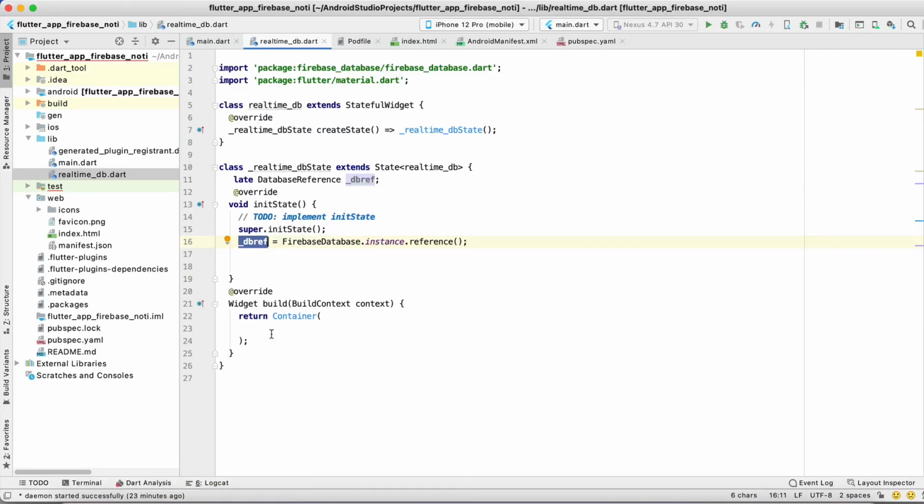So first create some buttons and a text box, and then we will perform the actions on button click, like create database, get value, insert value, update value.